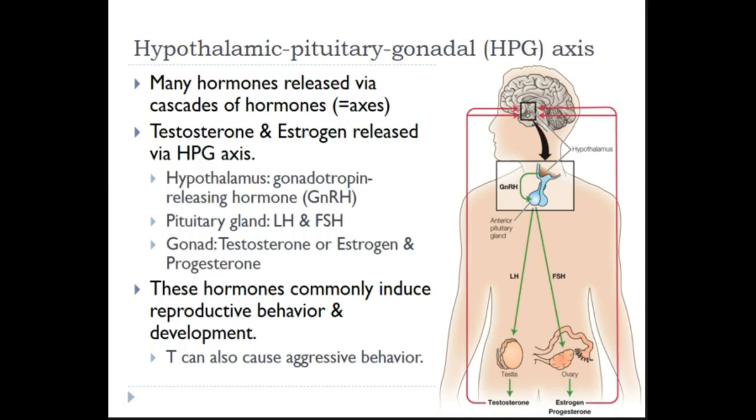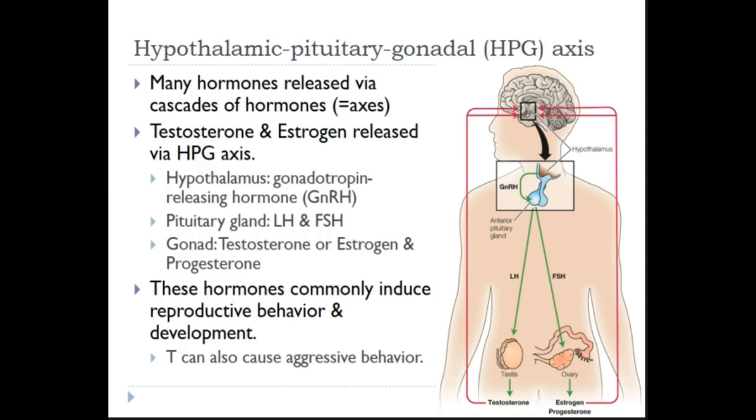The way it works is it releases what are called releasing hormones. In the case of this particular axis, it's called gonadotropin releasing hormone, which travels from the hypothalamus down to the pituitary gland, which looks like a little punching bag hanging off the bottom of our brain. The pituitary gland, in turn, gets the releasing hormone, and the releasing hormone causes the pituitary gland to release its hormones, which are, in this case, luteinizing hormone and follicle stimulating hormone. I should have written those out, but I didn't. Let me write them on the board.